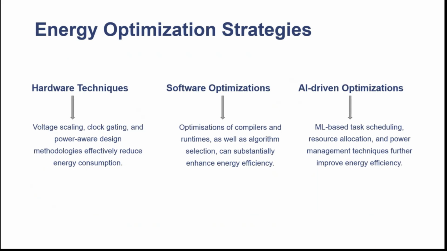Next one, energy optimization strategy. Here we consider three factors: the hardware part, then software optimization, then AI-driven optimization. The first, hardware techniques: the reduction of energy consumption is based on the implementation of voltage scaling, clock gating, and